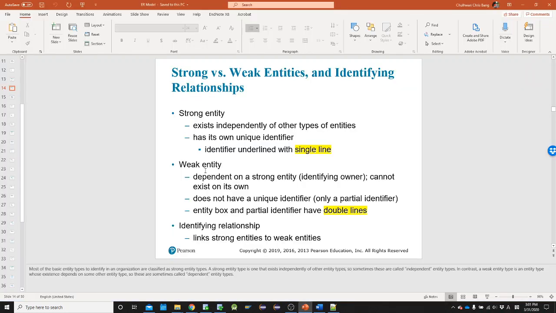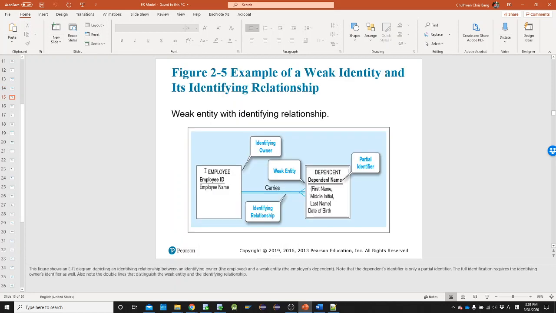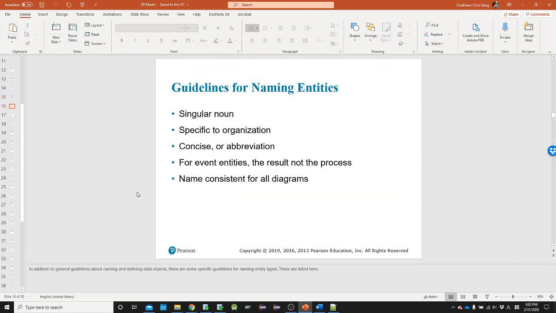Right. And a weak entity, by the way, according to this textbook, you can draw using double lines. Dependents, which is a weak entity, has a double line, and the strong entity, which is employee, has a single line. Alright,